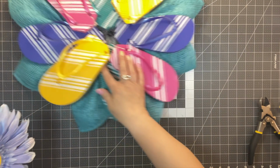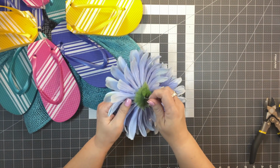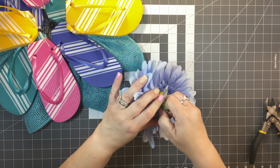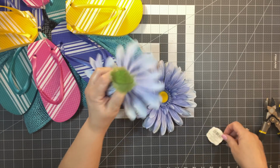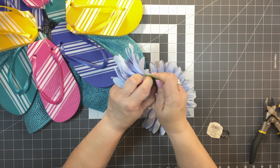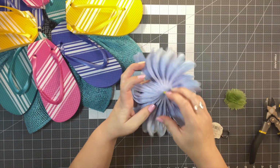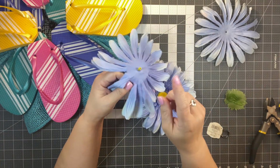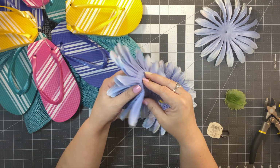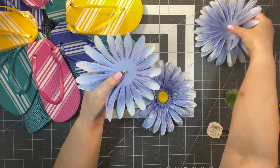So what I learned, I'm going to move this over here, is this is all connected, okay? So what I'm going to do is I'm going to, oh, that one just fell off. This must have been the one that I was pulling on earlier. So I'm going to just kind of bring it out here, and I'm going to just take a few of these, okay? And I probably am going to add some E6000 glue as well, because like I told you, this is going to a,